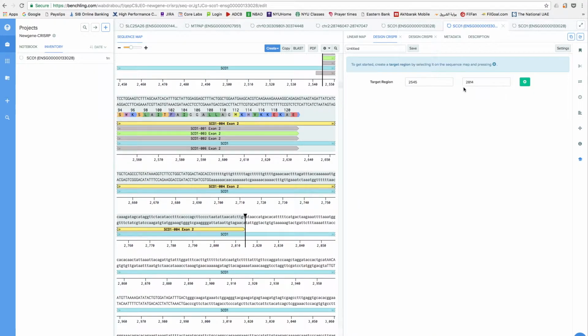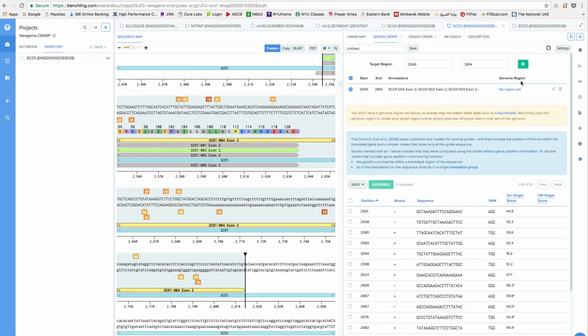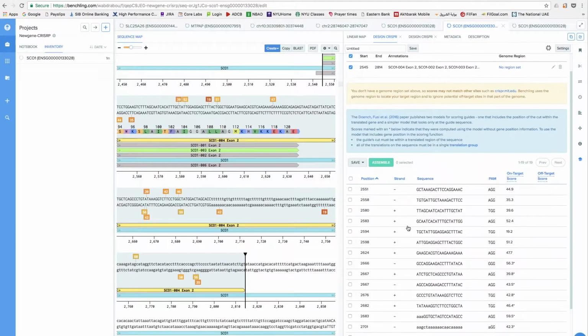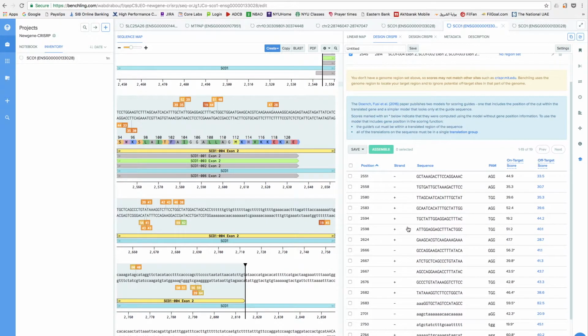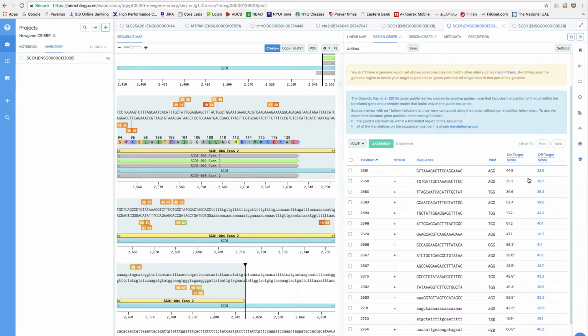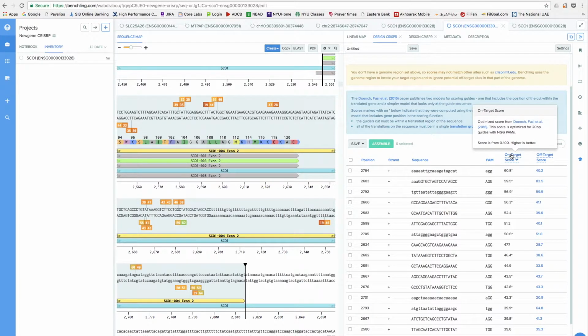Now we identified this region as our target right here, and we go to create. All right, and this creates all these different guides for us right here, this full list. So we have the on target score,